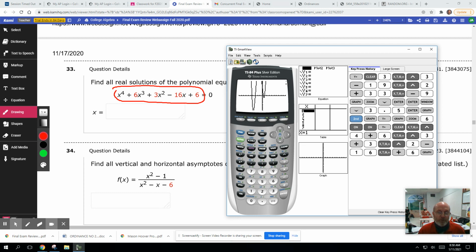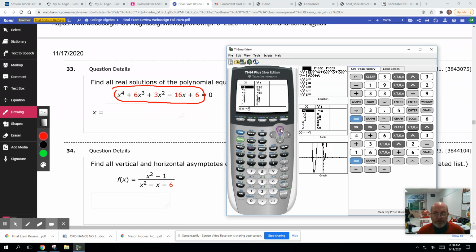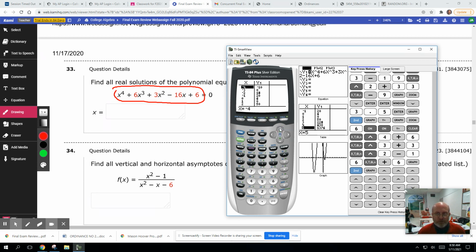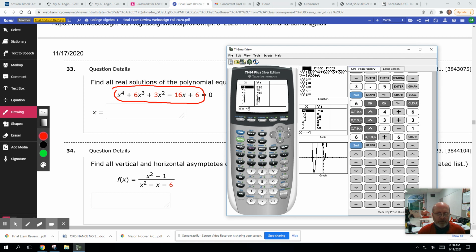Because it's a fourth degree polynomial, we're looking for at most 4 real solutions. So now we can see there are 4 places where it crosses the x-axis. Let's go ahead and look first at the table, see if we can identify them. 1 is obviously one of them, and -3. And it looks like the others may not be rational, or at least they're not whole numbers. So we know 1 and -3,